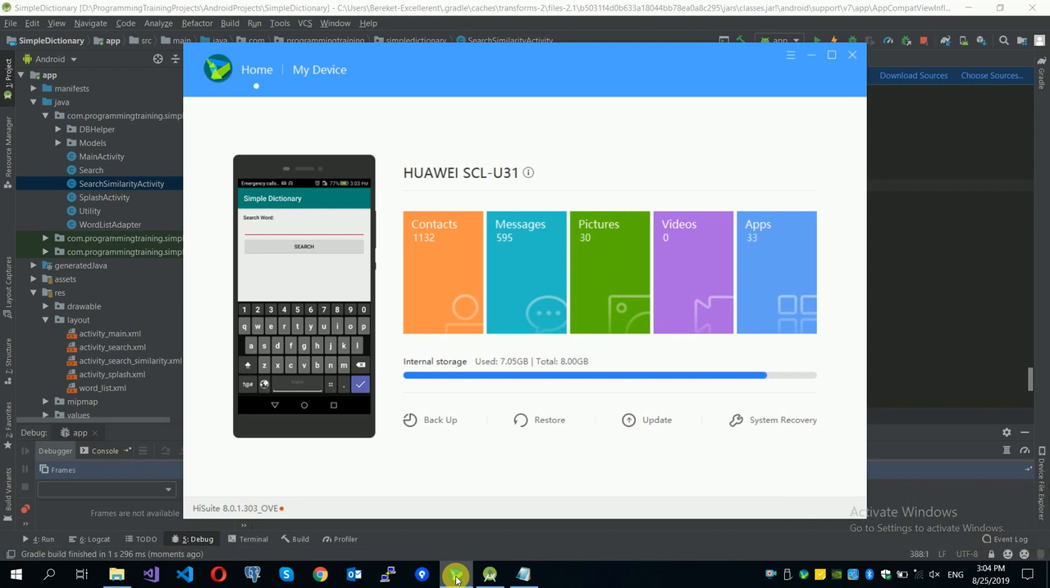Okay, so let's search for well. Search. So this is what we have. It starts with well. Let's make it anything starts with E or ends with E or contains. So we'll see a list of words. Okay,